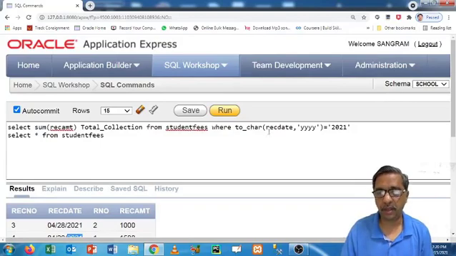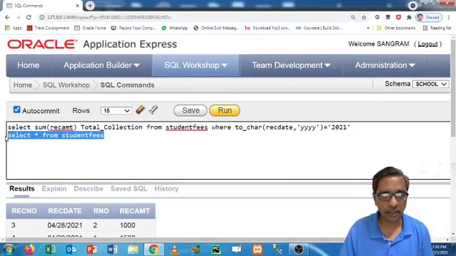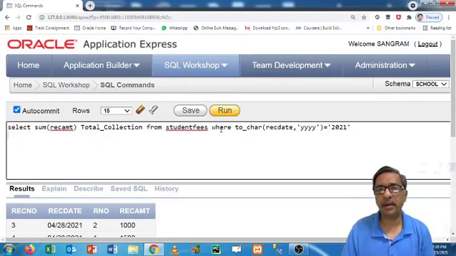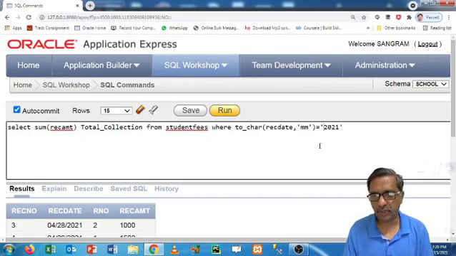2021. Now generally the examiner gives you a query, like write a query to find out total fees paid by all the students in the month of April. Unfortunately here we have only data of 2021.